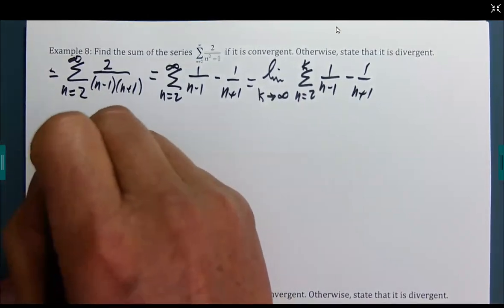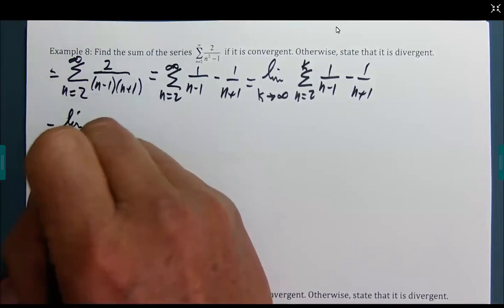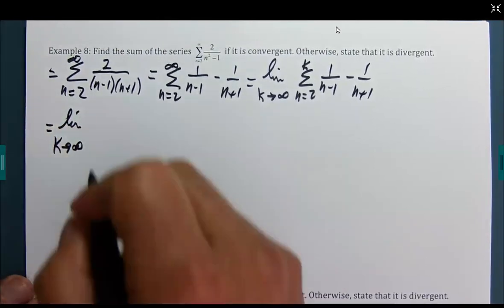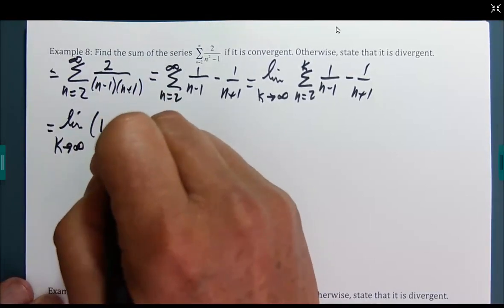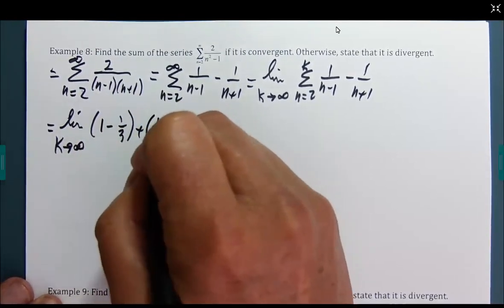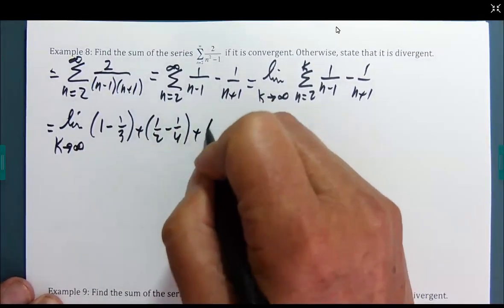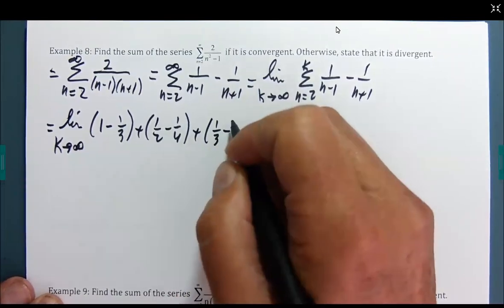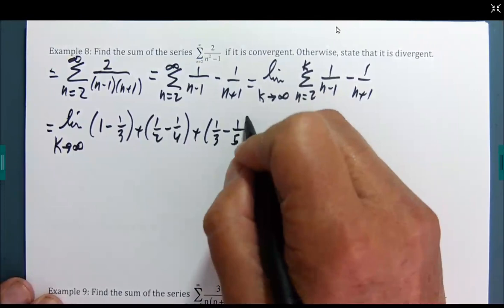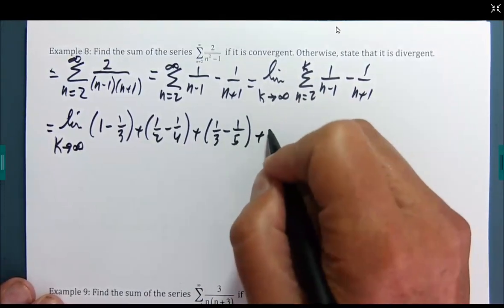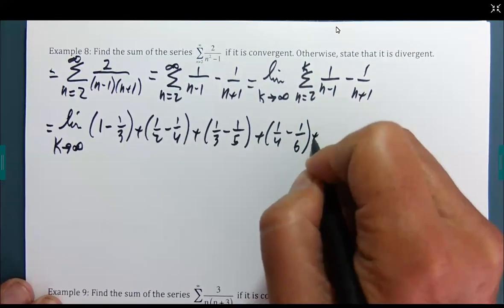So this is going to be the limit as k approaches infinity of 1 minus 1/3 plus 1/2 minus 1/4 plus 1/3 minus 1/5 plus 1/4 minus 1/6 and so on,